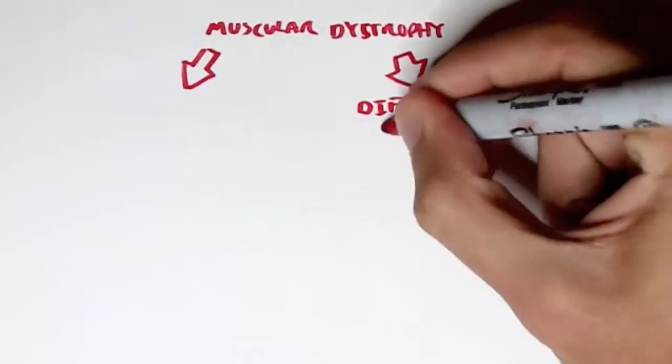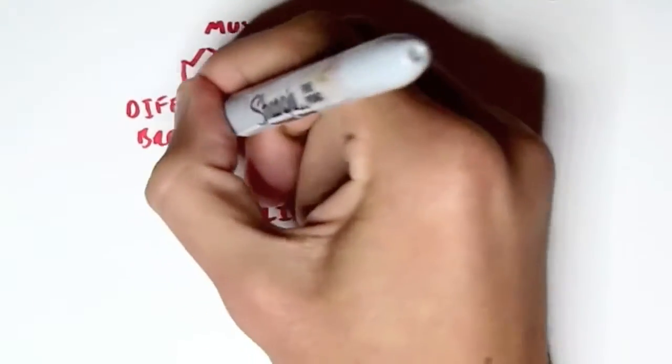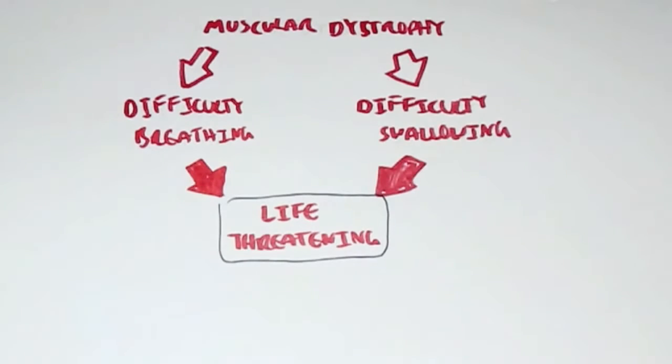Myotonic and Duchenne muscular dystrophy, as well as any other type of muscular dystrophy, can become extremely serious and life-threatening when there's difficulty in swallowing and difficulty in breathing. As of yet, there is no cure for muscular dystrophy, and it's such a serious condition. But there are a lot of foundations out there that try to find a cure. And so supporting these foundations would mean